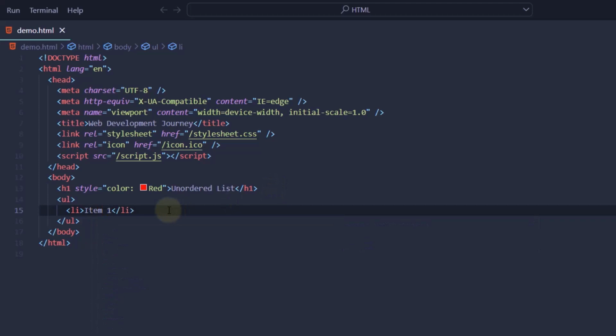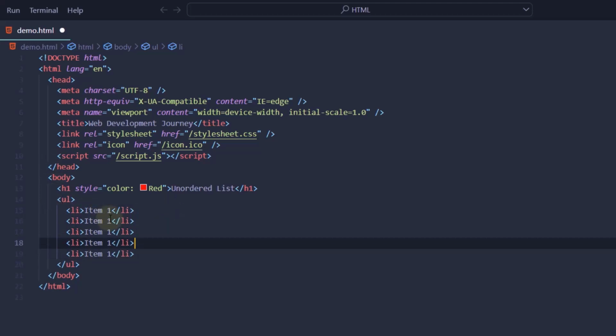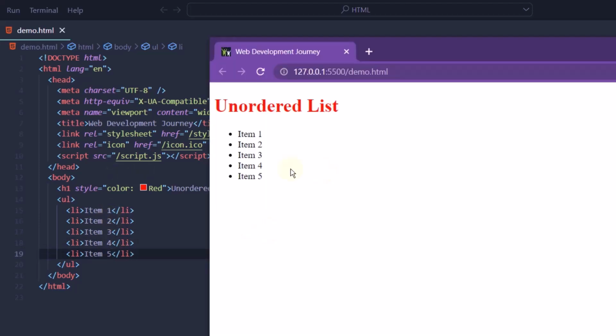After that, I want my list to show at least 5 items. Therefore, I'm going to duplicate this line 4 more times. After that, I'm going to simply change the item description from item 1 to item 2, 3, 4, and 5. And then if I head on over to my web browser, you can see that we have this output onto the web browser. So we have our list, which is unordered,